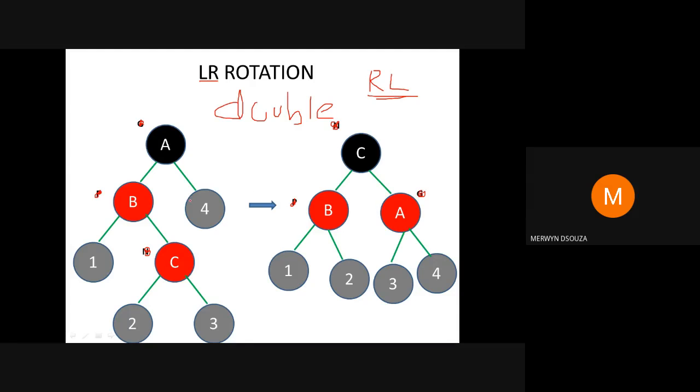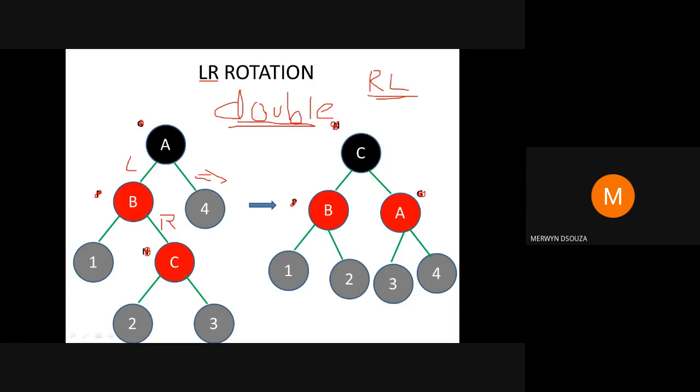Actually, this is not the way it would be done in your textbooks or any other books that you refer to. I've just simplified this for you, and I'm showing you how this LR rotation works. I'm showing you the final answer here. But if you refer to other books, there is one more rotation that is done. One rotation is done in between, and then this rotation is done. Doing all that is very confusing when you're solving an AVL tree, especially since we are doing it online. That's why I'm not showing you, because you will get confused. So I'm directly showing you the final answer.